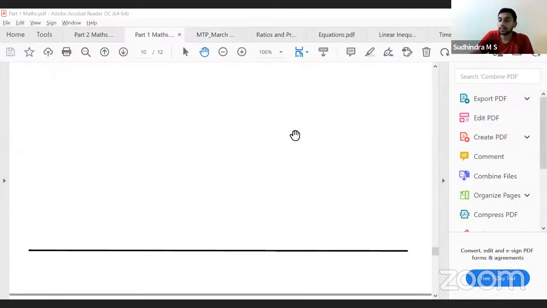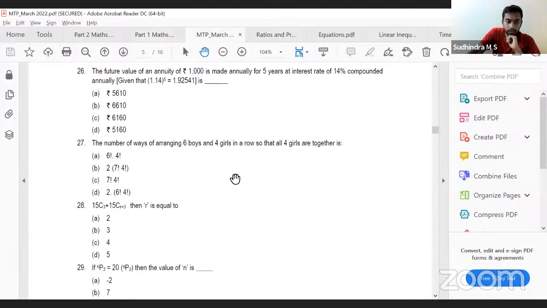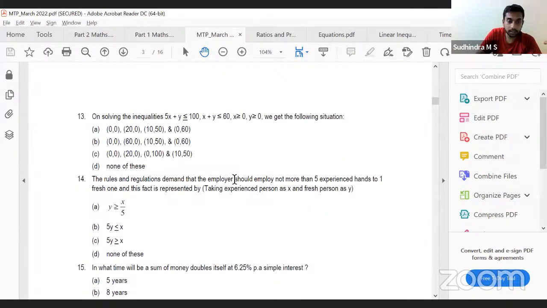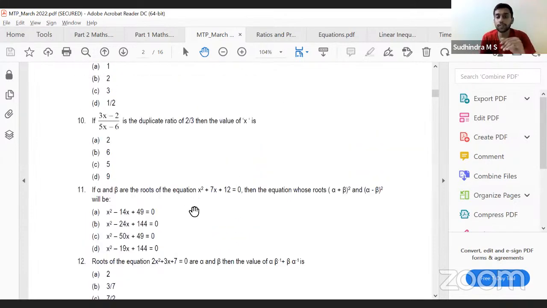Okay, these are the points that we have to keep in mind. The equation is simple. We have to just solve and get the values, right? So we'll look into the question. Again, we have to go back. Yes, question number 11. If alpha and beta are the roots of the equation 7x square plus 7x plus 12 equals 0,